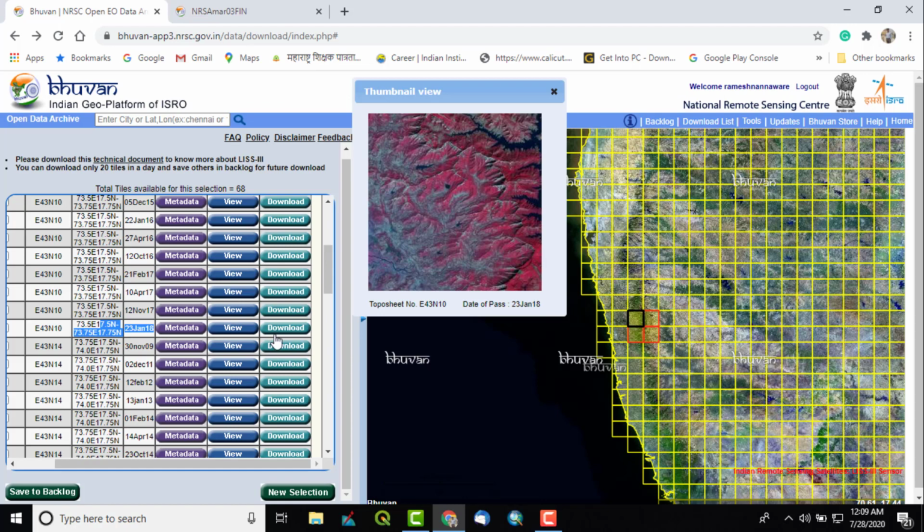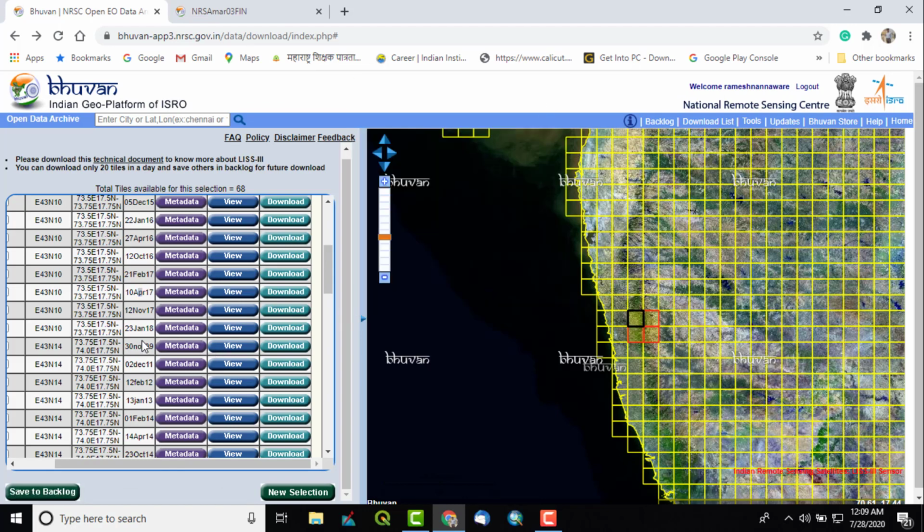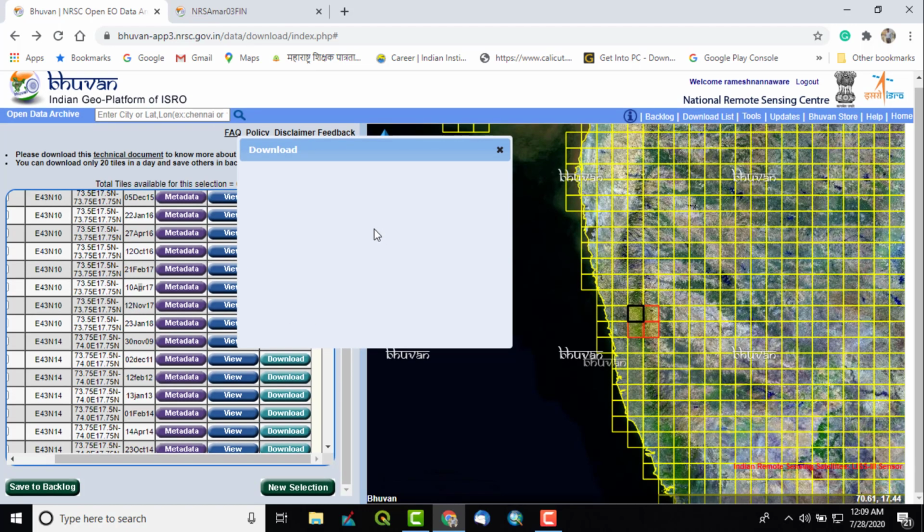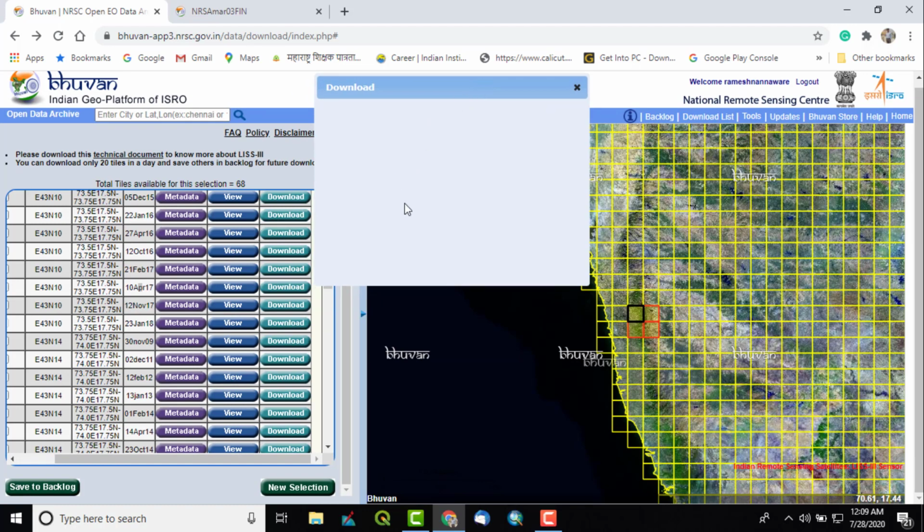This is also important. If you view it and there are some errors, you can go for another image, like suppose 2017, 16, whatever. So if it is a clear image, I can click on download. To download, just click on download. It sometimes takes some time.